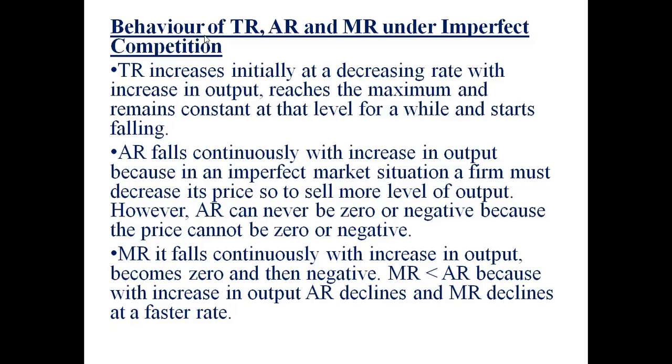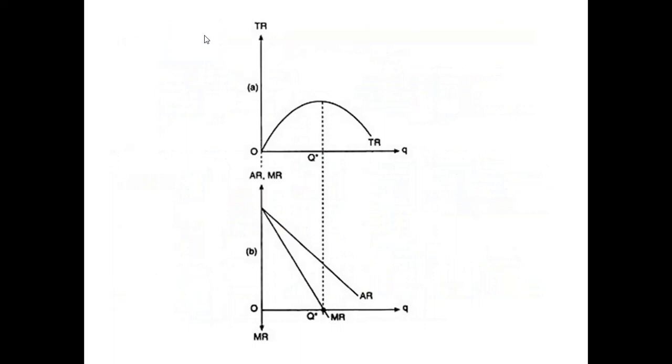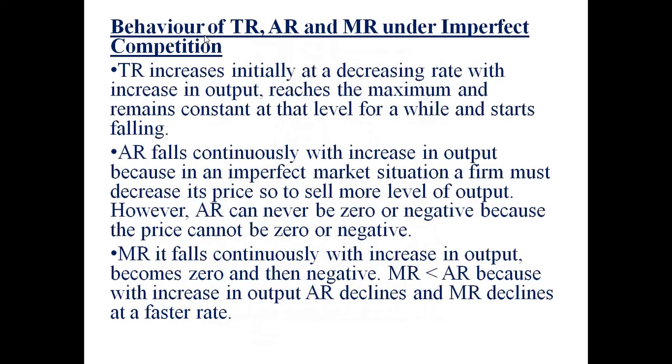So in this market situation, when the firm wants to sell more and more number of goods, remember, the revenue generated, that is marginal revenue, should be diminishing. They must lower the price if they want to maximize their sale volume. They must cut down the prices. Hence, in the imperfect competition situation, the firms have to follow the pricing strategy, that is specifically the skimming pricing strategy in the market.